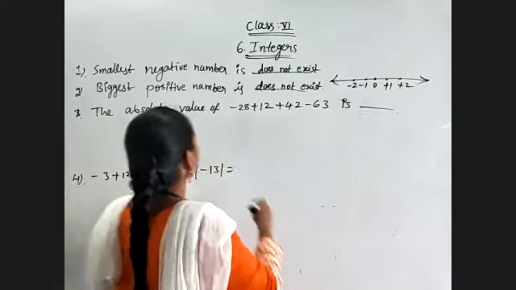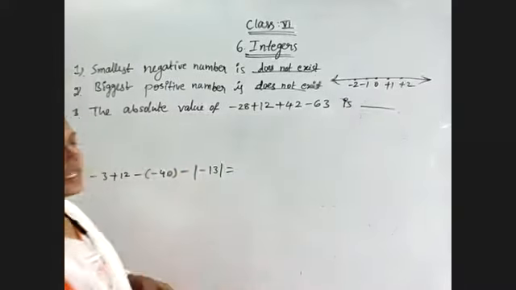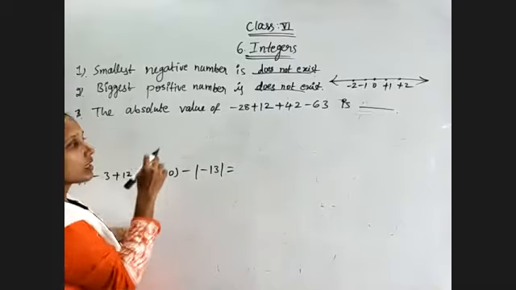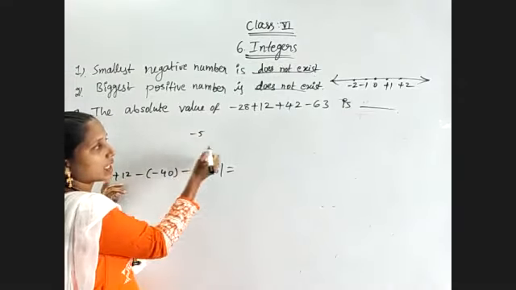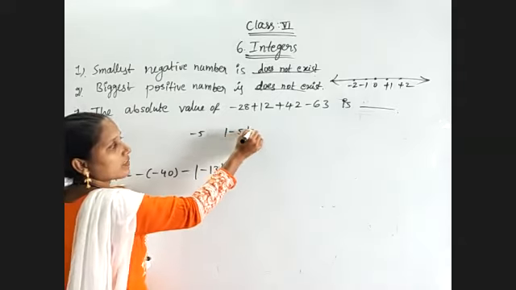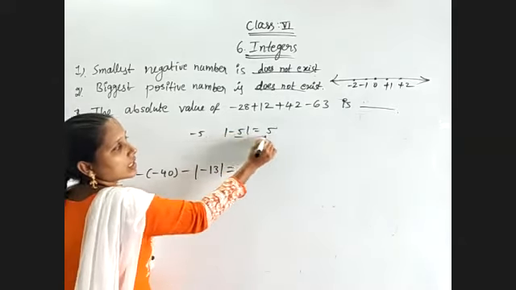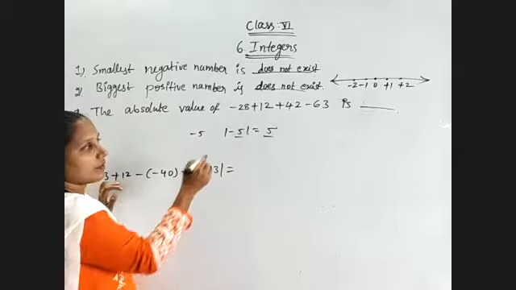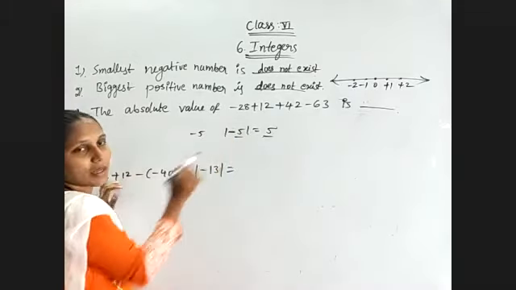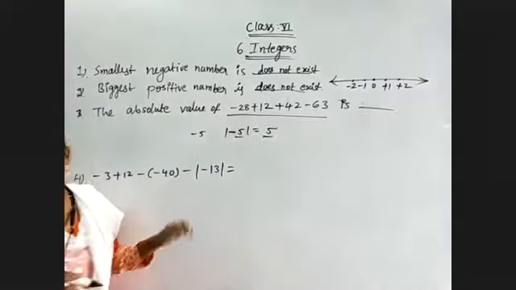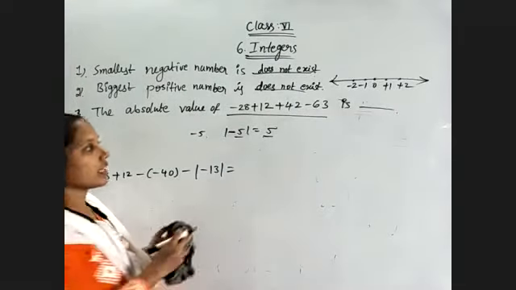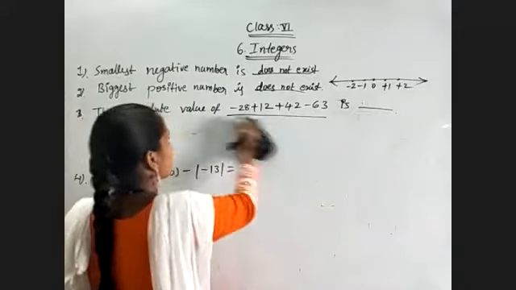Okay, and coming to the next, the absolute value of the given expression. Here, if I have the absolute value of minus 5, in that case I can directly write mod of minus 5 is equal to just its numerical value. We will not take its sign, just the number. But here we need to simplify this expression. So find the value of the given expression and after that find the absolute value.